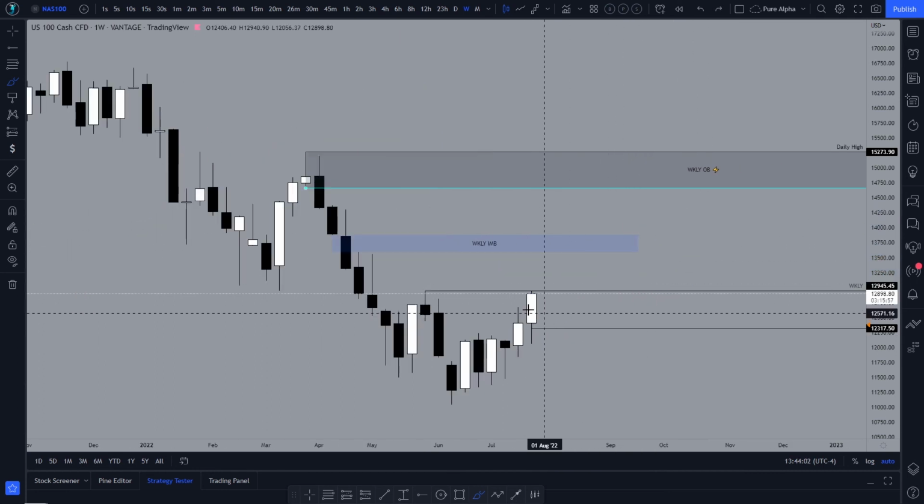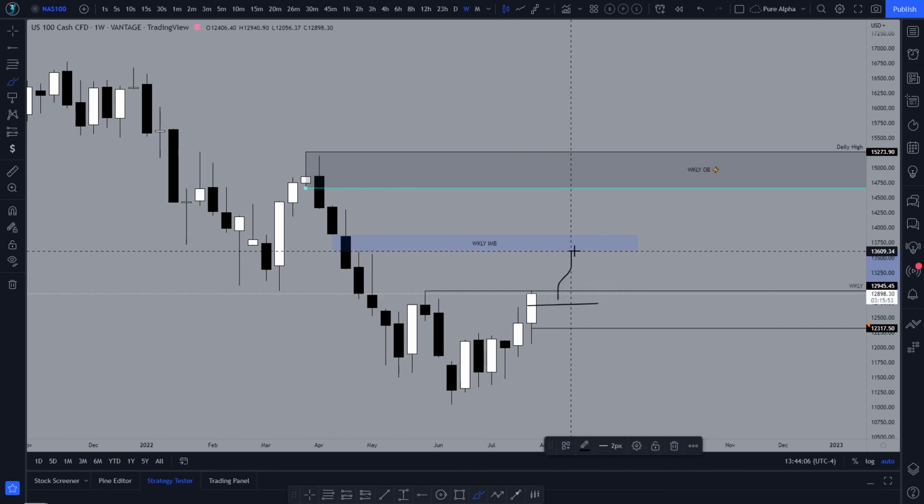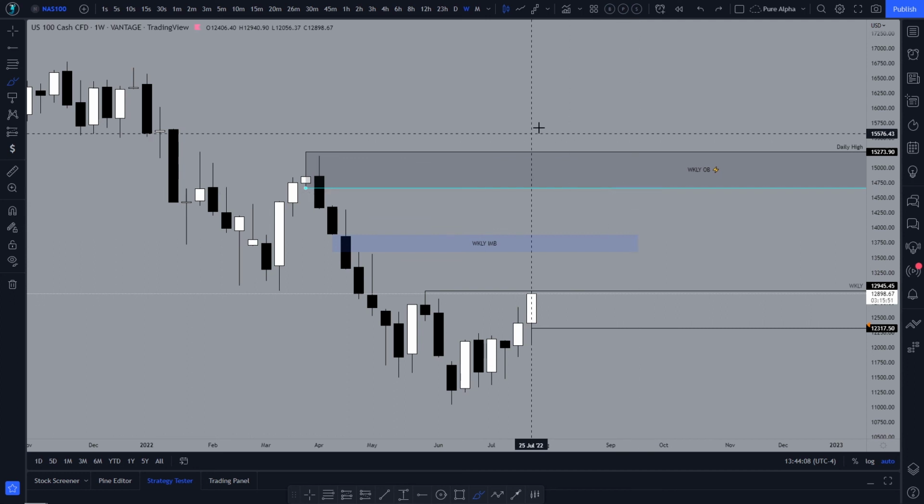But we're waiting to see if price can close above this level here, come back down to the IMB, come up, down, come all the way up there. Hope this trade breakdown made sense. Sorry if I'm in a hurry. I actually have a lot of stuff going on on the side right now, but that's everything.